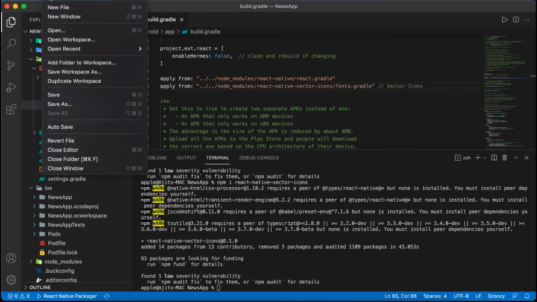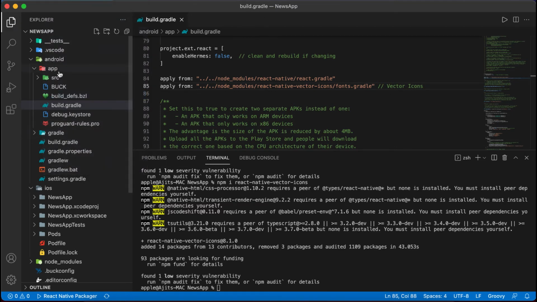So we have installed all the packages, and later we will install one or two more packages when we start developing. Okay, so let's run the project now. Let's see if our project is running or not. I have attached my Android device to the laptop. If you don't have any Android device, then you can run in the Android virtual devices. Then I'm clicking enter.